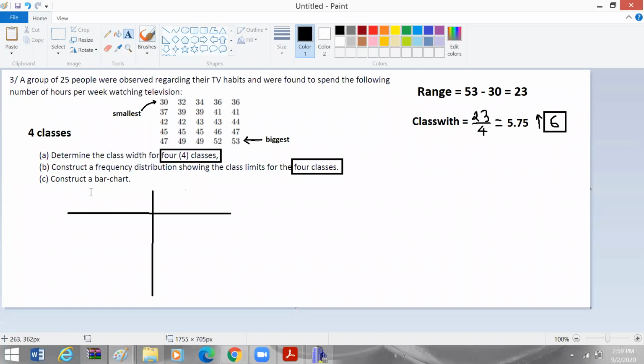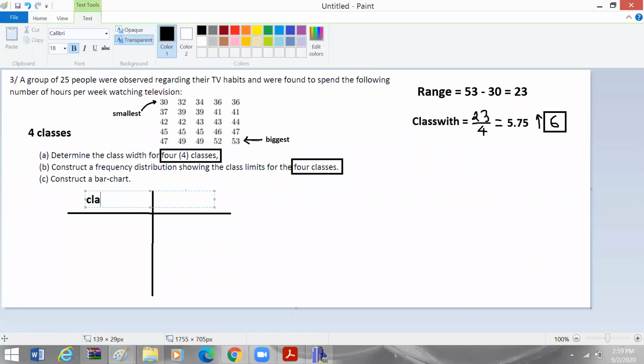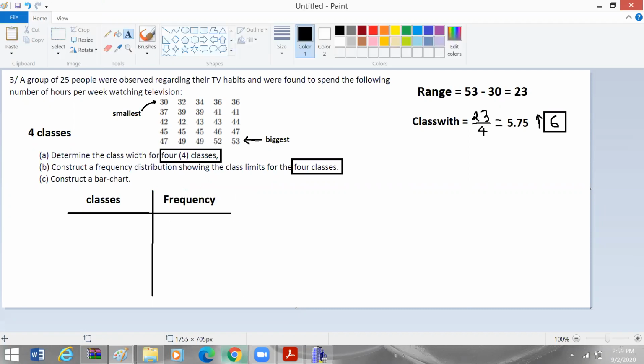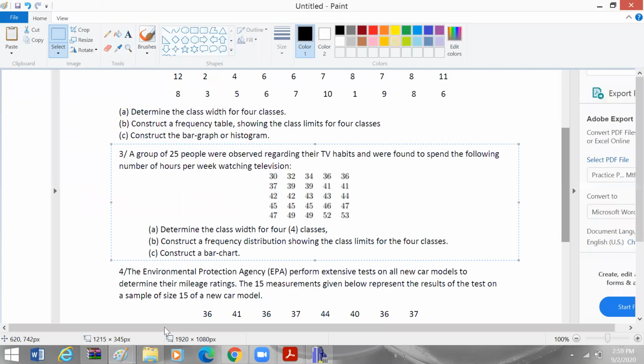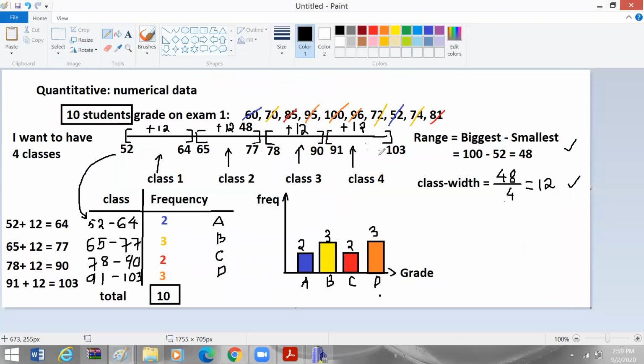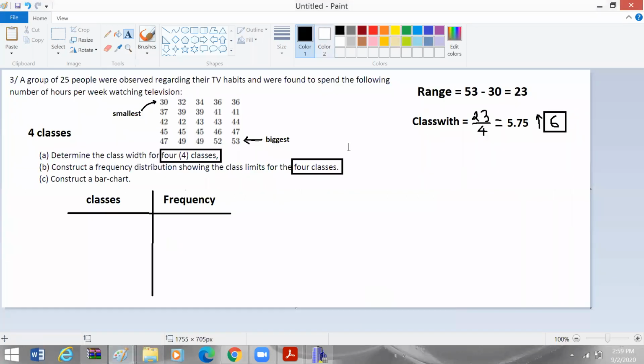And then what we're going to do here will be the classes, and this one will be the frequencies. If you ask me, do we have to draw a picture like this, with frequencies? The answer is absolutely no. You don't have to draw something like between 52 up to 100. You don't have to do so. All right, let me just read that.